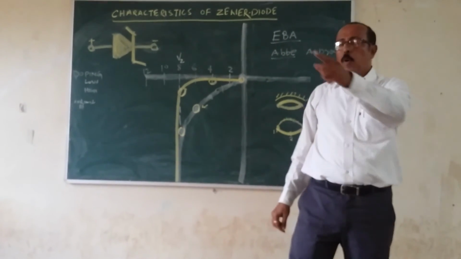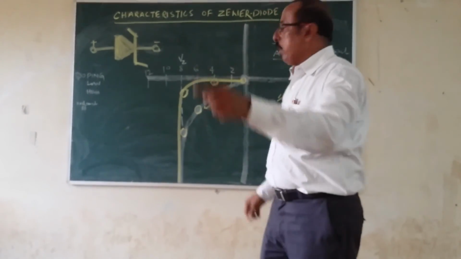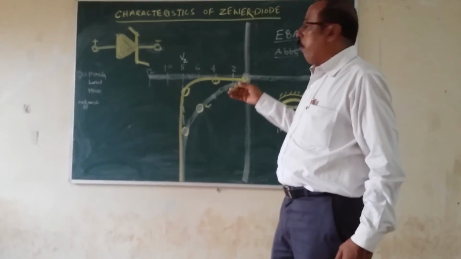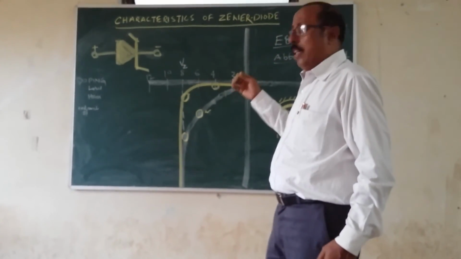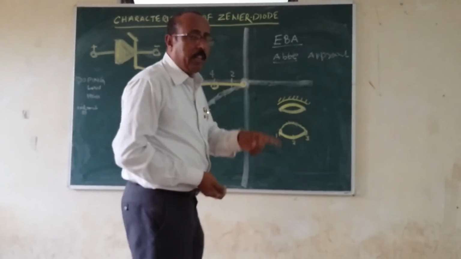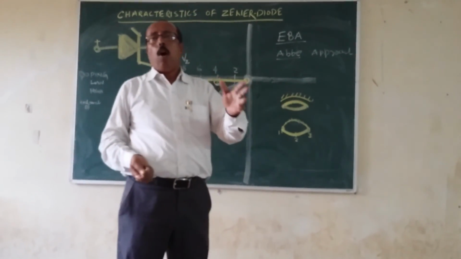So do you follow or not? This is very important, and it is very important for semiconductor devices, because the PN junction is the first critical diode of the semiconductor devices.